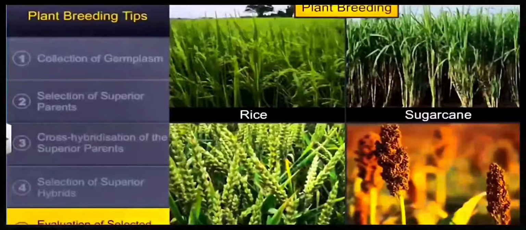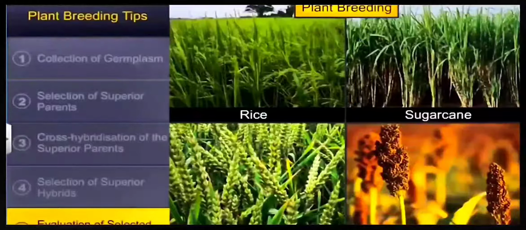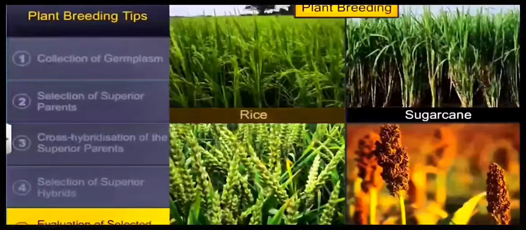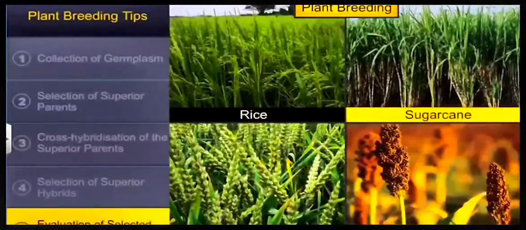So plant breeding methods have been very effectively used in most of the crops like rice, sugarcane, wheat, as well